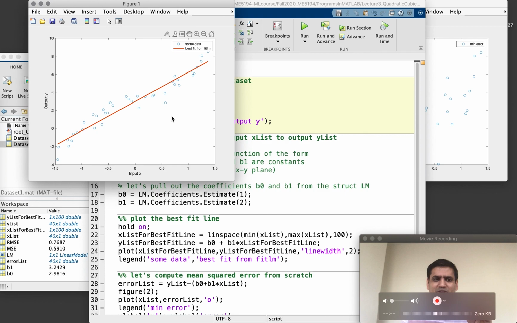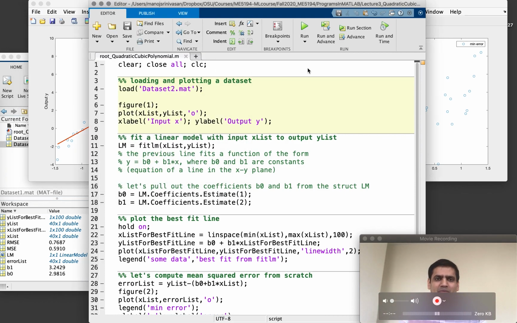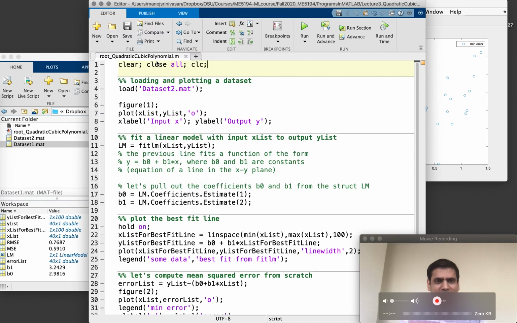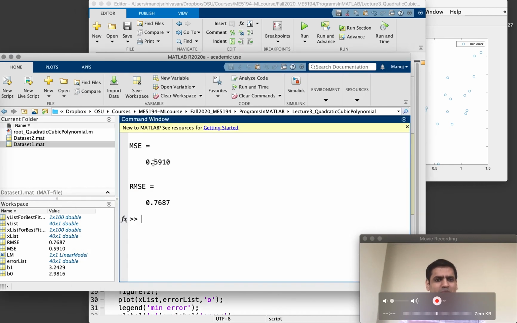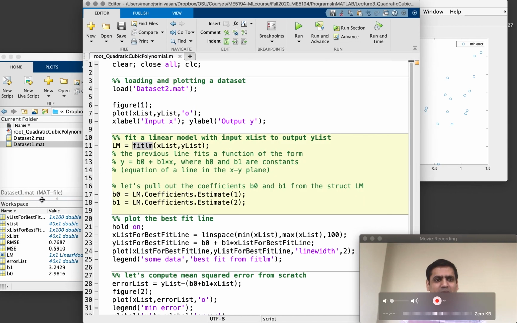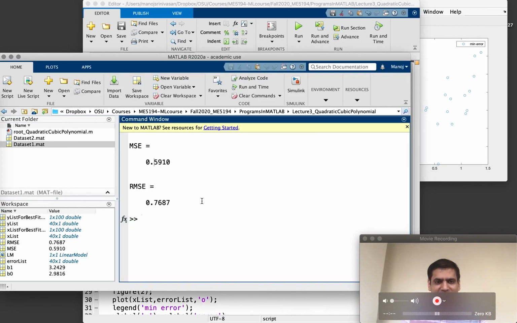So just because you're fitting a nonlinear function in some sense between the input and the output, it turns out that the same linear model fitting procedure works. You don't have to do anything different. Okay, so how do we do that? So it turns out that fitlm actually has some specific syntax for doing things like this. Actually, a couple of different syntaxes potentially. So if you go help fitlm,